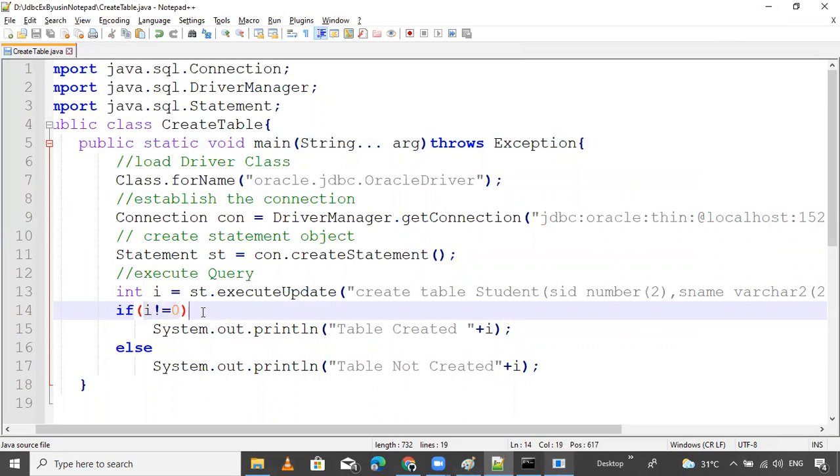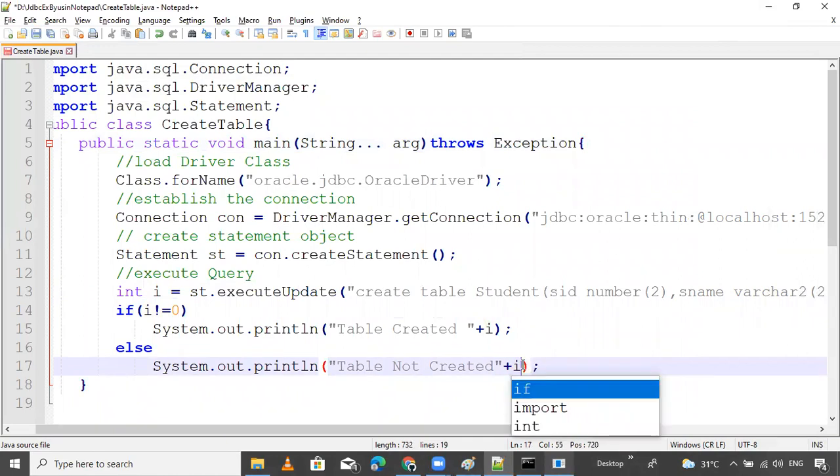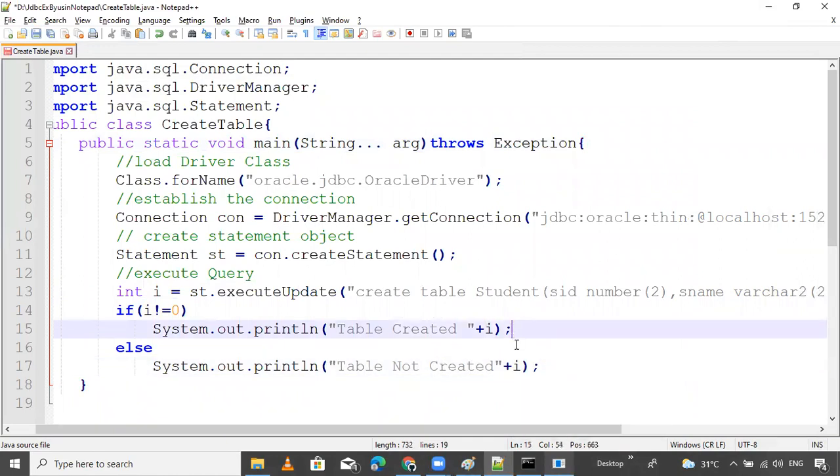Why? Because this is an SQL related problem, not ours. So don't worry, the table is just created. Here you can put it like, I value is 0 now. So it's equal to 0. Table is created here.